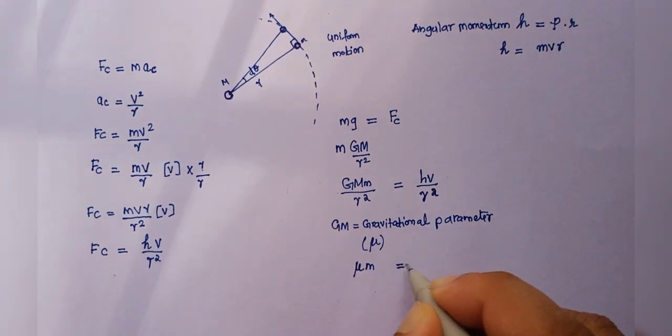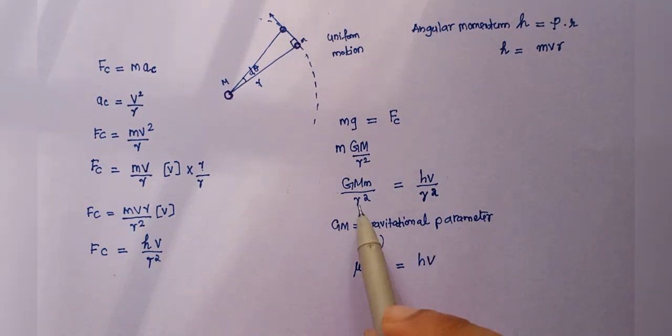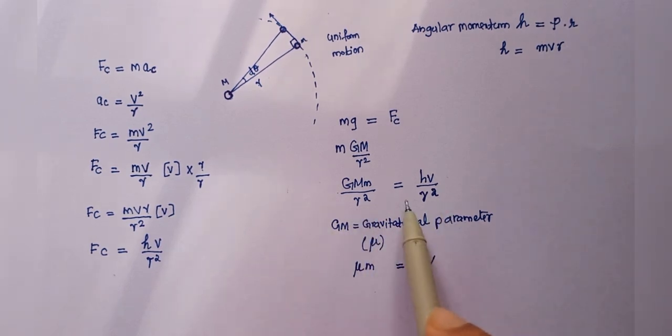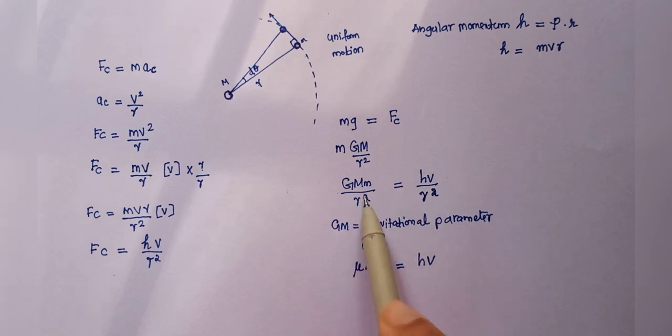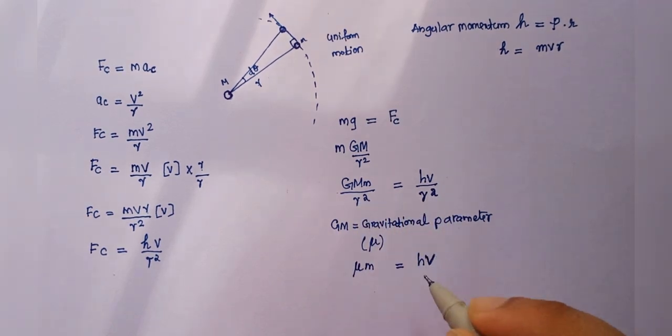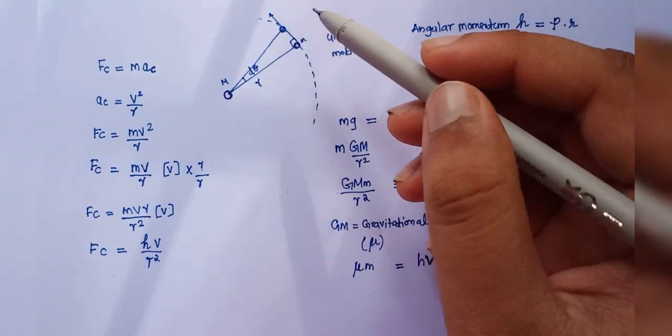So that should give me h into v. Okay, because your r square is getting cancelled off, so you don't have to consider any sort of r square. So I think this is much more important, because your r no longer exists here. But when we have the velocity, when we try to do the velocity over here,